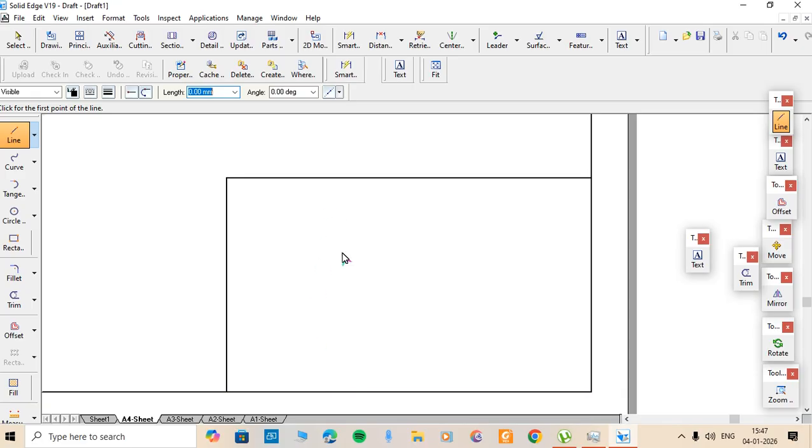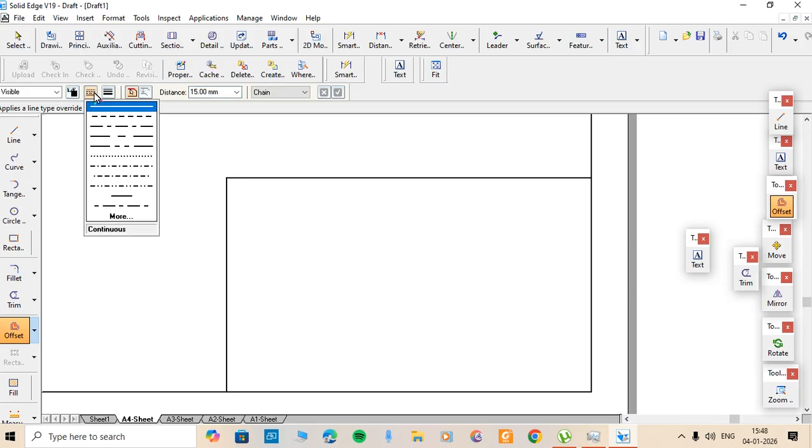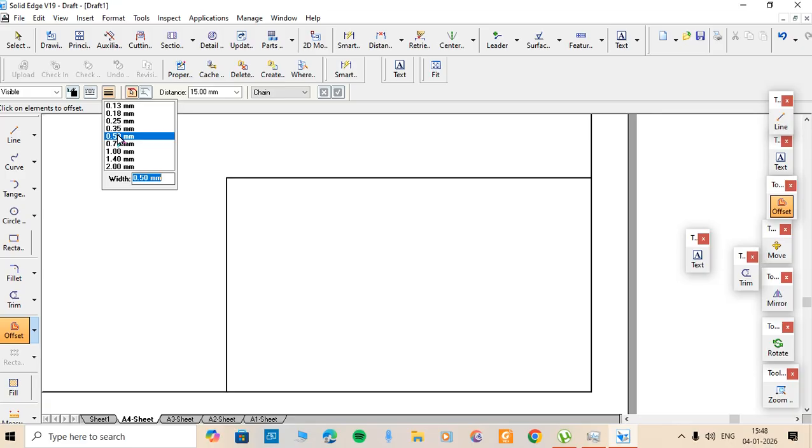So for putting four rows here, I will be using offset command. Left click on offset. Offset commands are used for offsetting the elements or entities. Whenever I click on offset, you can see the offset bar is highlighted. It is activated. Make sure that it is continuous. Make sure that it is 0.5. Then you need to go for single and